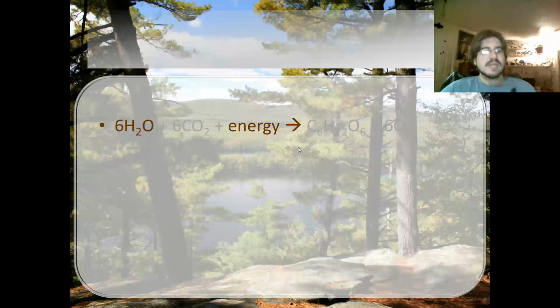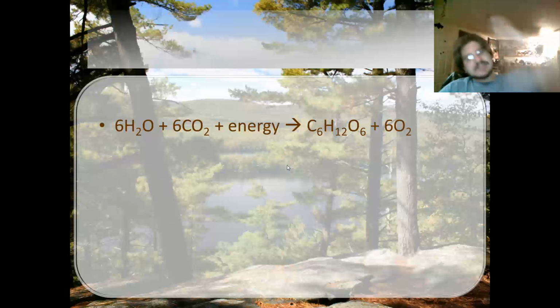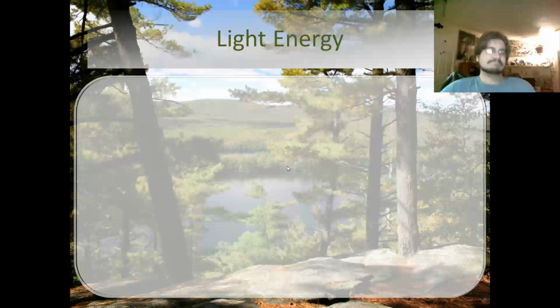All right, then there's energy. So that's, of course, the energy from light. So once more, with emphasis, 6H2O plus 6CO2 plus energy from light yields glucose and 6O2. Bam. All right. We're going to talk a little bit more about that light energy in the next video. But I bet I've done at least 10 minutes. So we'll